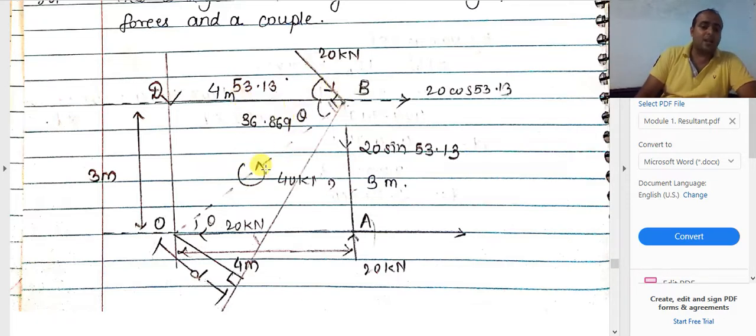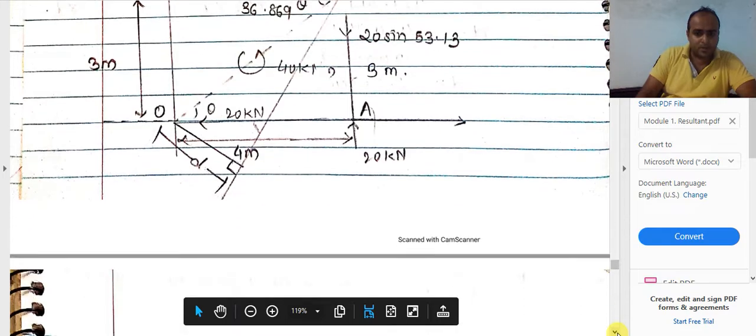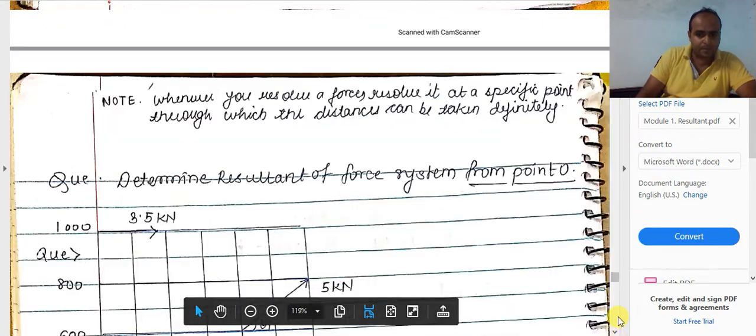So now I can start with the formulation, that is summation of moment of forces about O, that is 20 into 5 plus 20 into 5, because we have considered clockwise sense as positive, minus this 20 vertical force into this horizontal distance, which is the perpendicular distance. So minus 20 into 4, as well as this is the anti-clockwise couple, so it will be minus 40 kilonewton meter, or minus 40. The magnitude we are going to consider only. So let us just check, my dear friends.